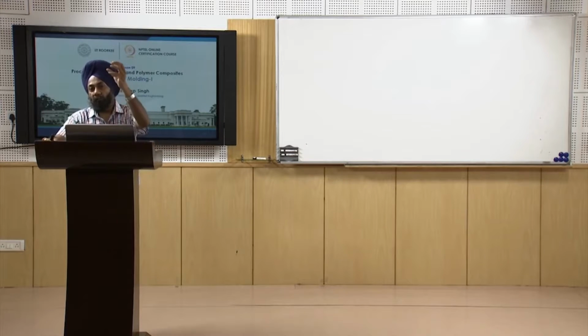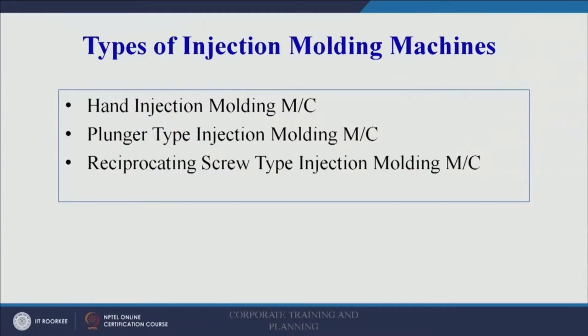In case of extrusion also, sometimes in some types of machines it is used. So you have the molten plastic inside a barrel, and then you use a plunger or a piston to push it out of the die, and in this case into the die in case of injection molding machine. So the plunger type injection molding machine and the reciprocating screw type injection molding machine, as we have studied in extrusion